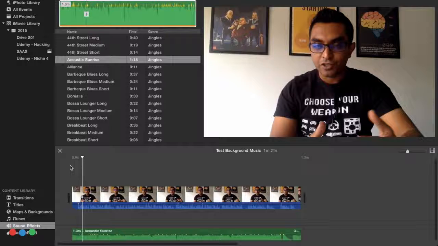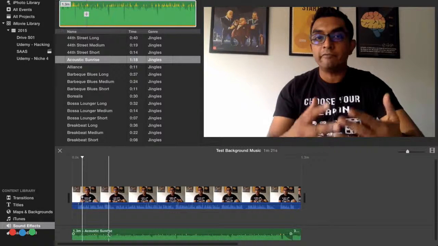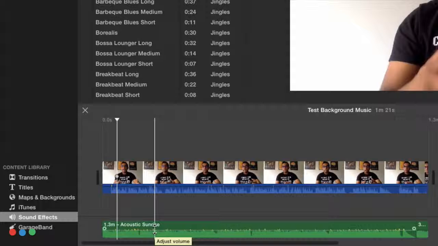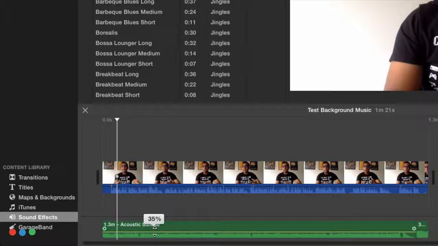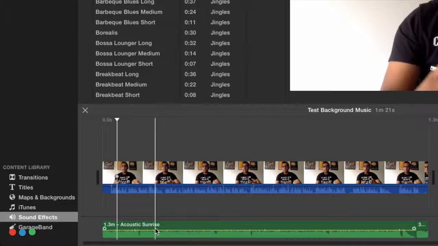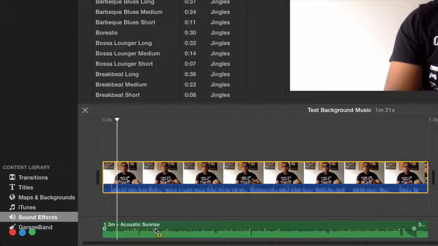So there are many ways you can do that. You can manually adjust the volume over here. Just put your cursor right in the middle of the audio track, click, and iMovie will show you the percentage, which is 100% right now, and you can reduce that easily over here. However, this is a bit difficult to do, especially if you have inserted the same file multiple times throughout the